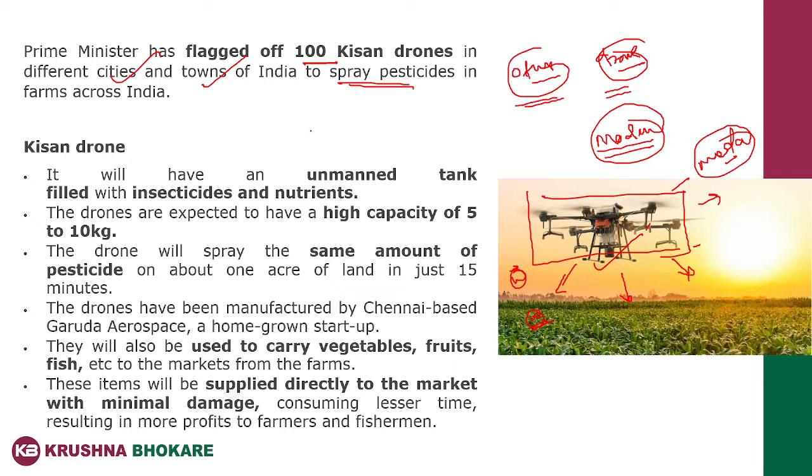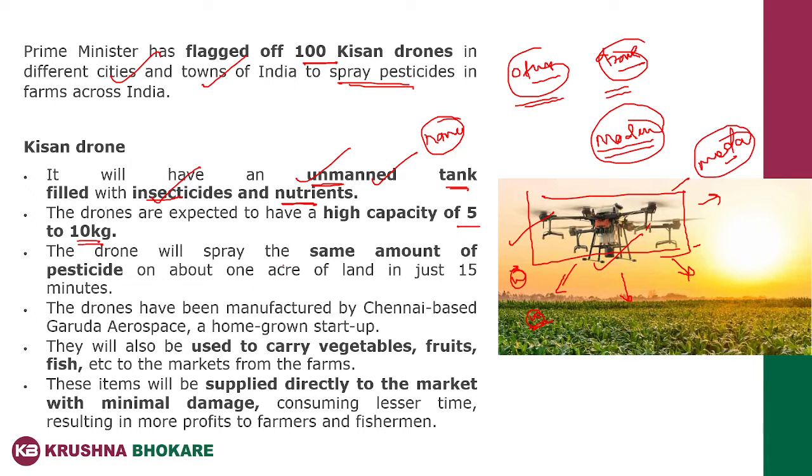So what is this drone scheme, or the drone? It is unmanned. Unmanned means there is no driver; this drone can be handled remotely, and it is filled up with tanks. That can be with the help of insecticide or nutrient. You know that recently the government also launched nano urea. So nano urea can be sprayed with the help of drones. These drones have a capacity of 5 to 10 kilograms, so you can fill your nutrients or insecticide up to 5 to 10 kilograms and spray to